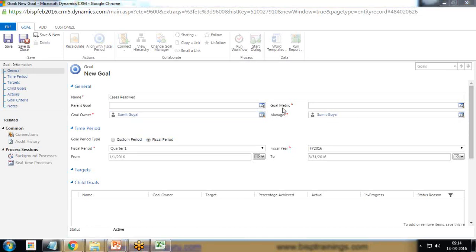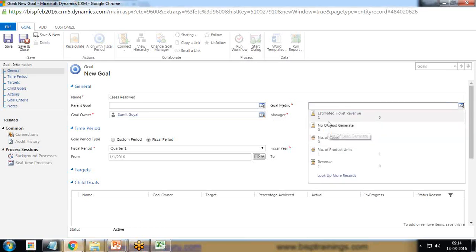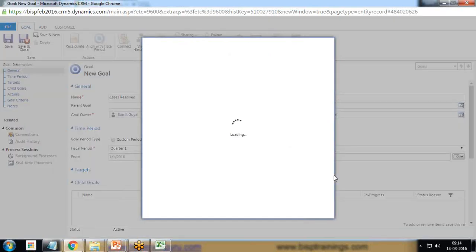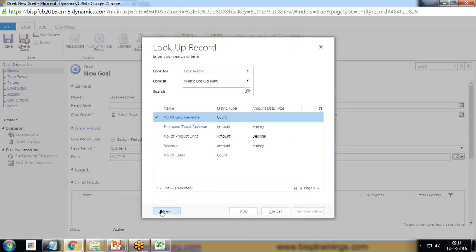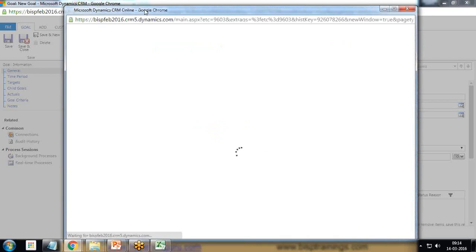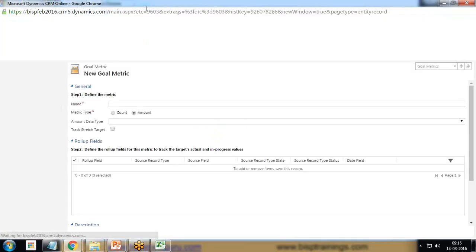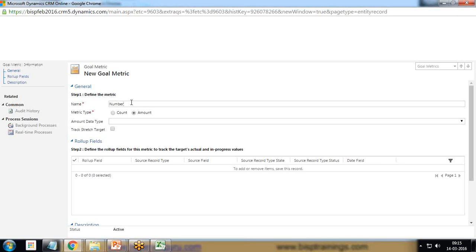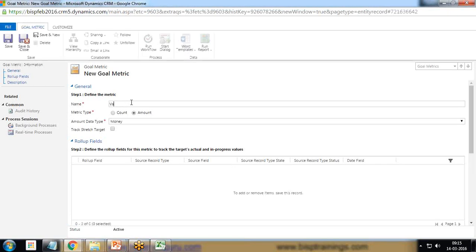The second important thing is we need to specify the goal metric. When you click on this, you will find 2-3 metrics which are defined by the system, like number of leads, number of cases, number of product units, and revenue. We can click on Look Up More Records, and also we can set up a new goal metric. So I want to create a new goal metric here. Click on New, and give a name, Case